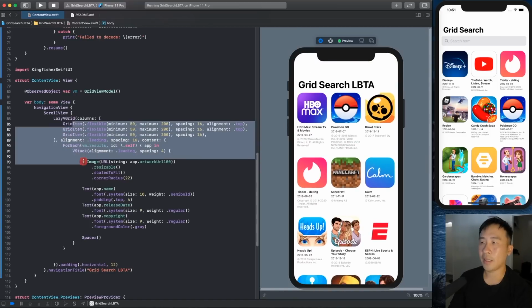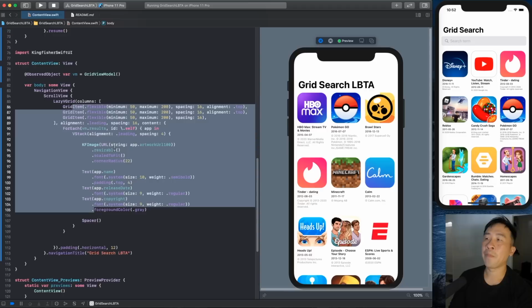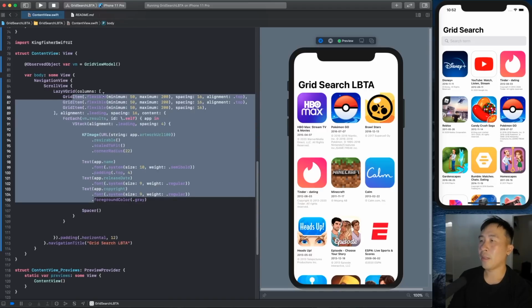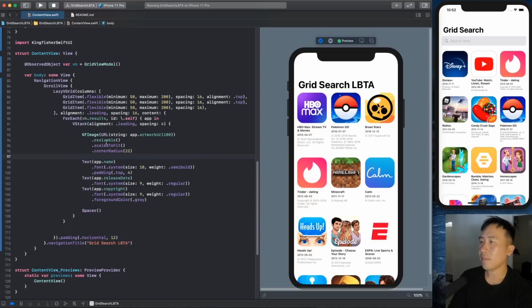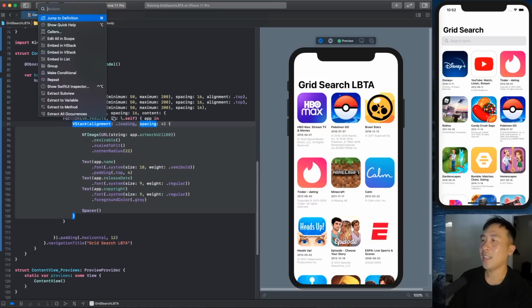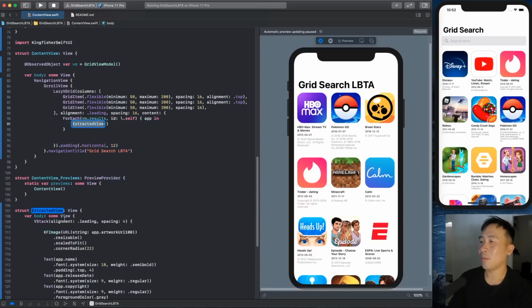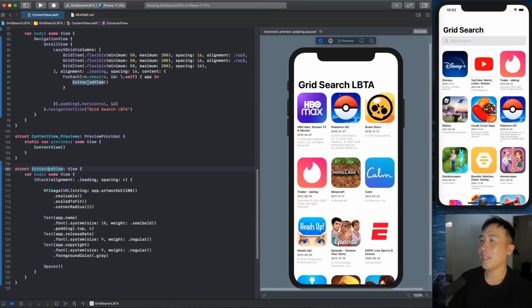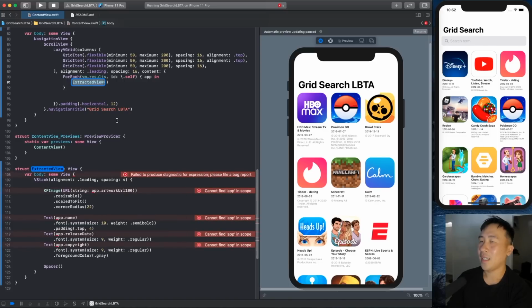Your code looks super clean right here. I do recommend that you clean this up just a little bit, and one way to clean this up is to extract this. You can just cut this or use the code action. I'm not really sure how useful this is, but Extract Subview puts it down here. And again, I'm not really sure how useful it is, but you can name the app